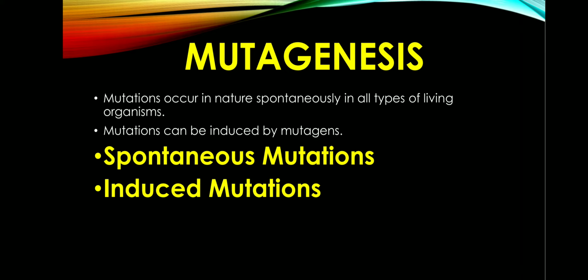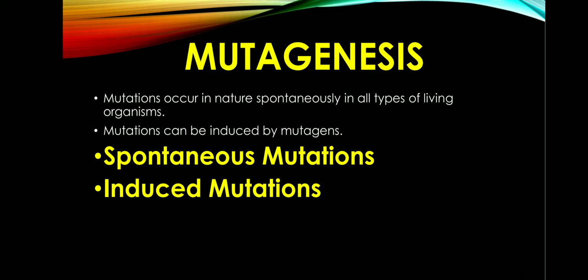If you see the genome mutations, genome mutations may cause changes in the number of chromosomes. There is chromosome mutation. Chromosome mutation may change the order of the genes within the chromosome. Examples are inversion, duplication, or translocation. There is something called gene or point mutations. Gene or point mutation may result from changes in the base sequence in the gene. One of the bases will be deleted, or one of the bases will be added, or one of the bases will be exchanged. Like this, gene or point mutations will occur.